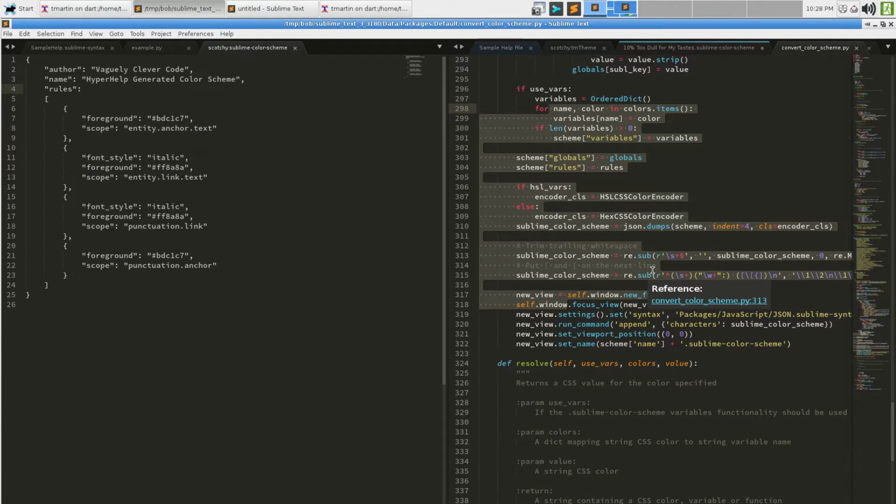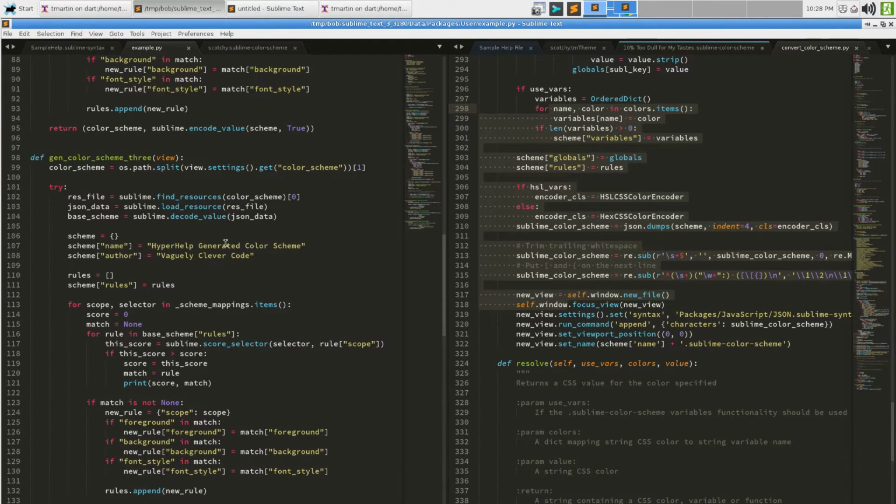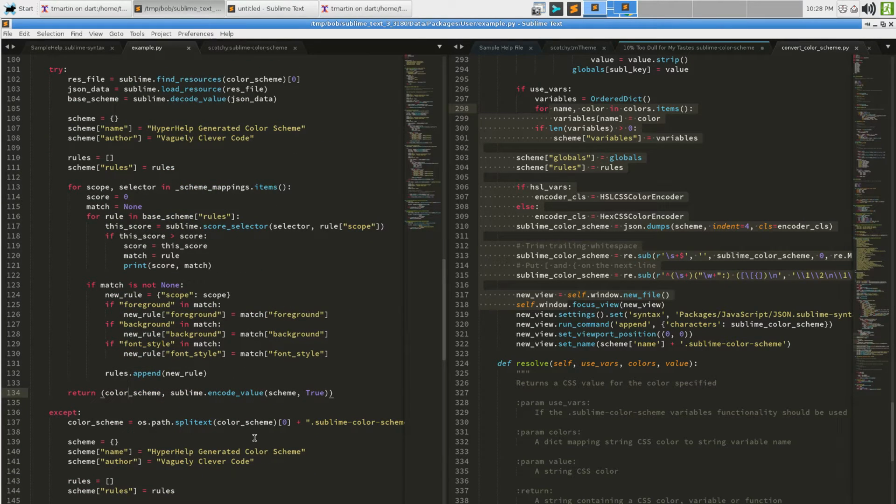If you were creating something like this example code, would you care if people using a TM theme had variables defined or not? Certainly, they're not going to get a lot of benefit out of that because their core color scheme already doesn't have variables. For that reason, I would say it's not worth it.